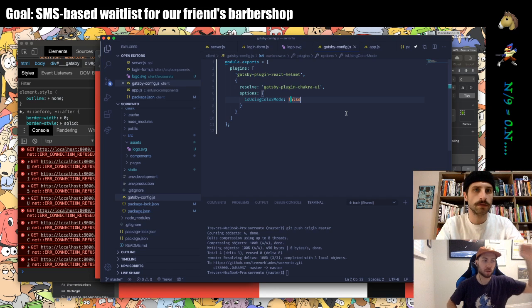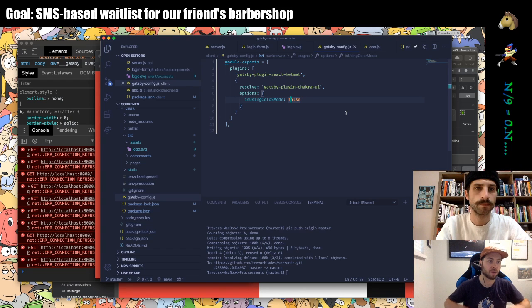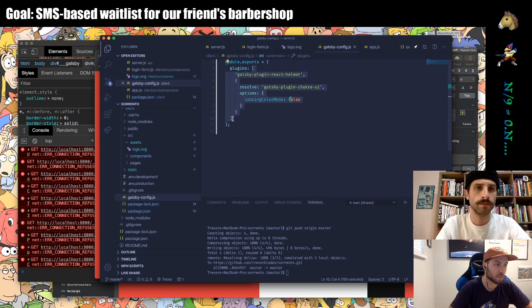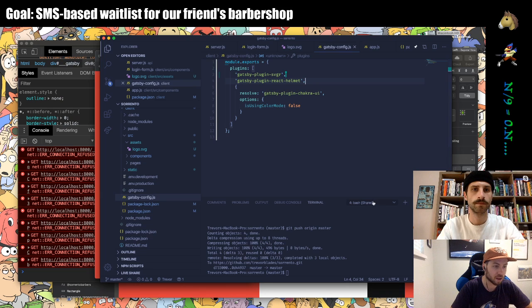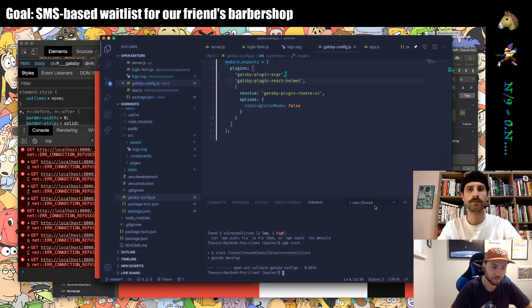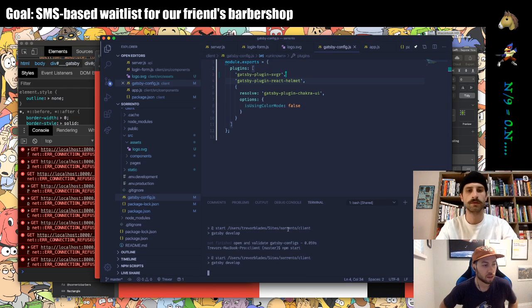And the way that Gatsby plugins work is that for most plugins, or for some plugins, let's say, you can just supply a string reference to their name in this like plugins array in your Gatsby config, similar to what we did with React Helmet. And so we can just drop that in there and then restart our development server, and cool. And we should now be able to import